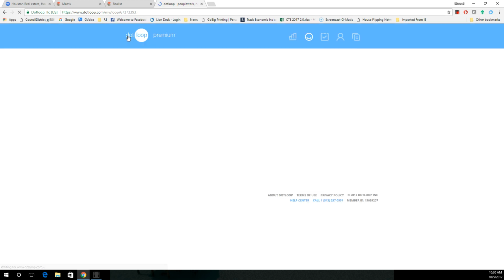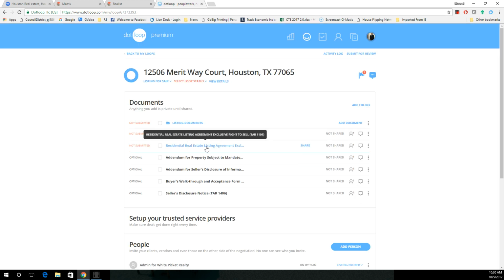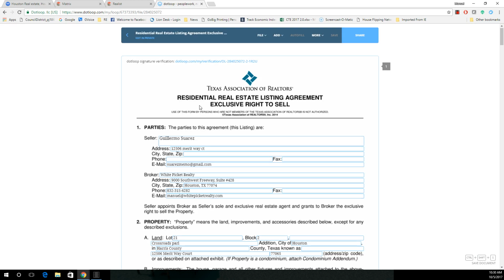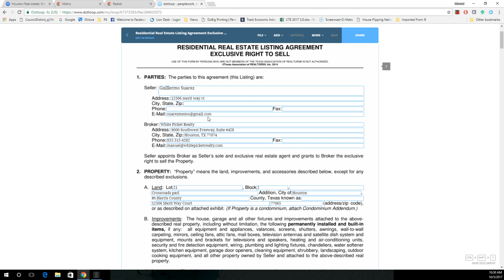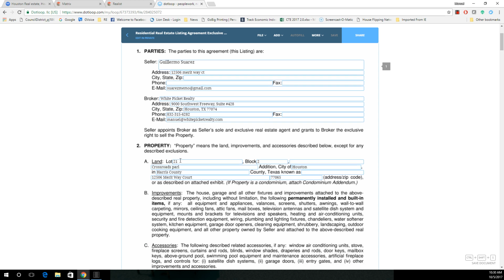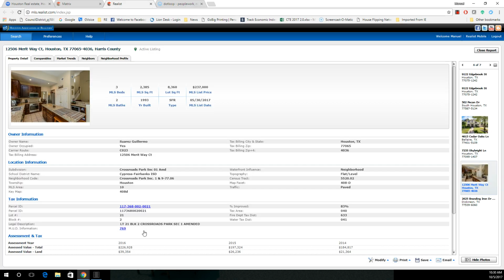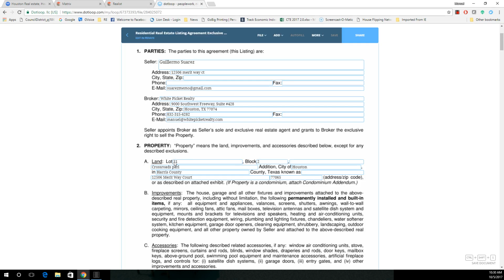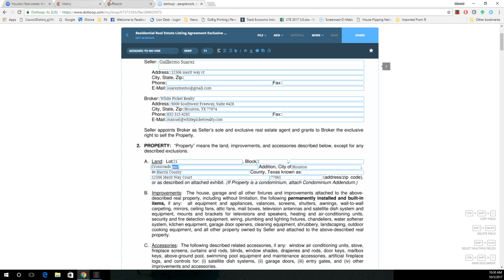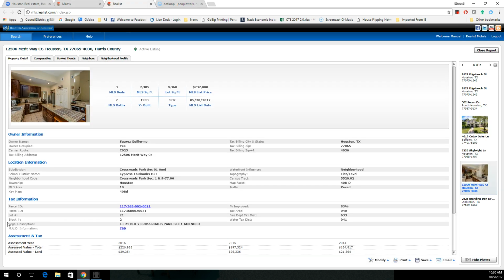Going back to our loop. The other form is the listing agreement. So we're going to go over what goes on the listing agreement. On the seller, you have his contact information, the broker's contact information, and then the legal description of the property. Now, I've already pulled it up on Realist, and so I got the legal description, Lot 21, Block 2 of Crossroads Park